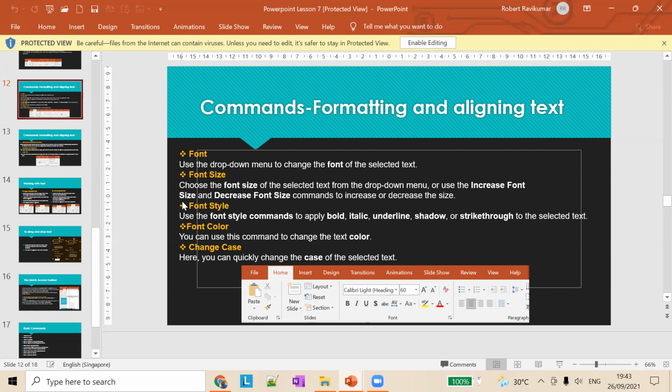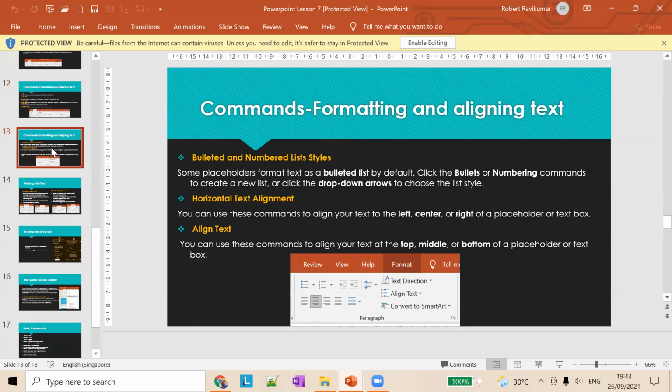Okay, sir. Yeah. So the next thing is bullet and number list styles. Bullets. What are bullets? You should have learned bullets in Word itself. Can anyone answer? Hossein, do you know what a bullet is? Yes, sir.